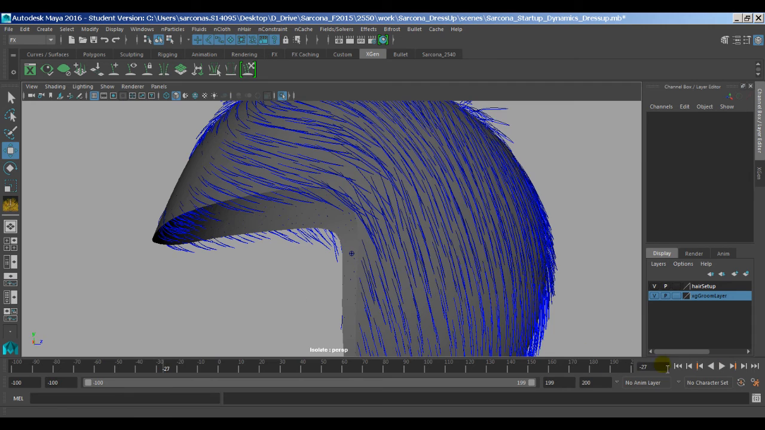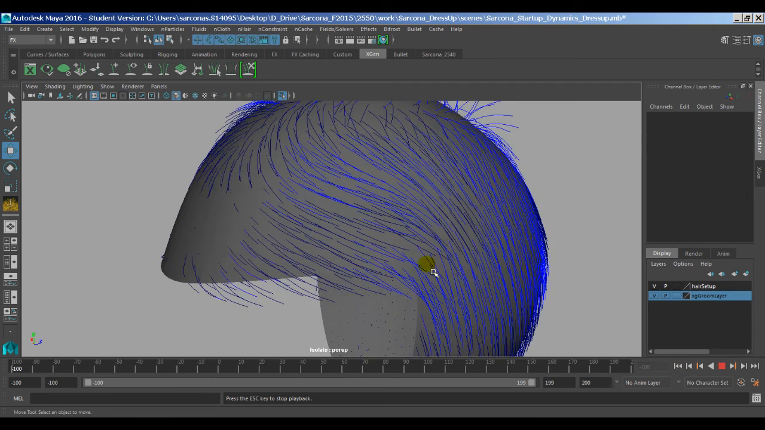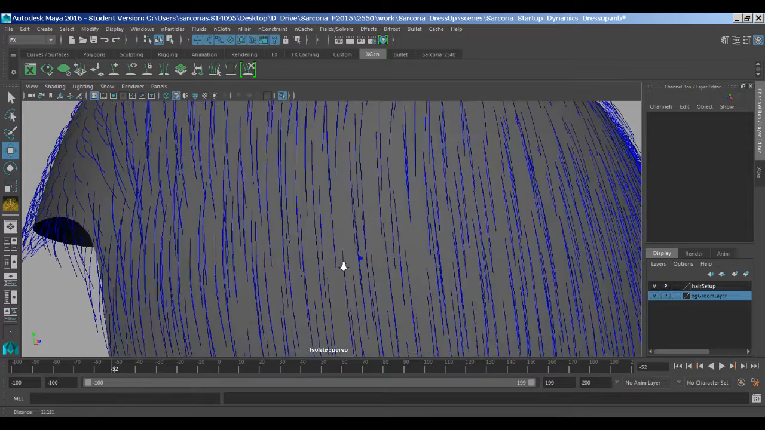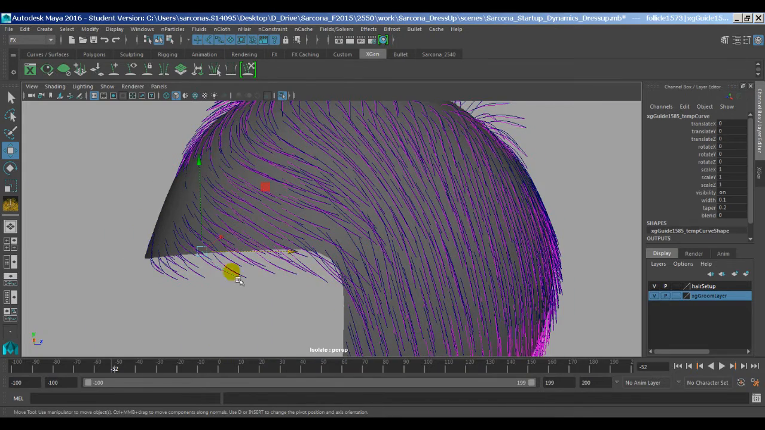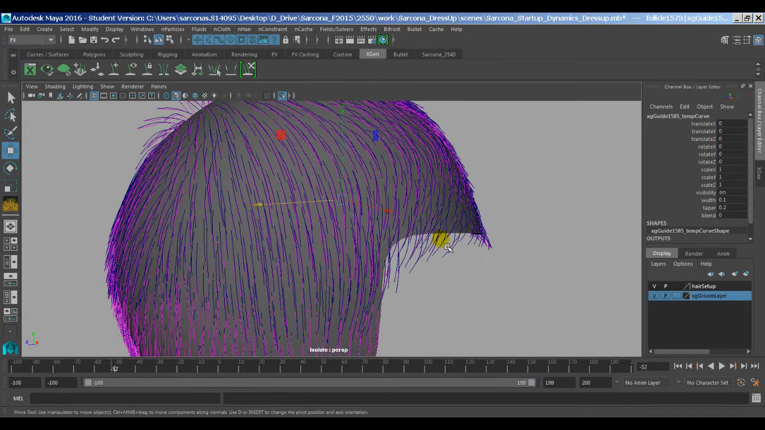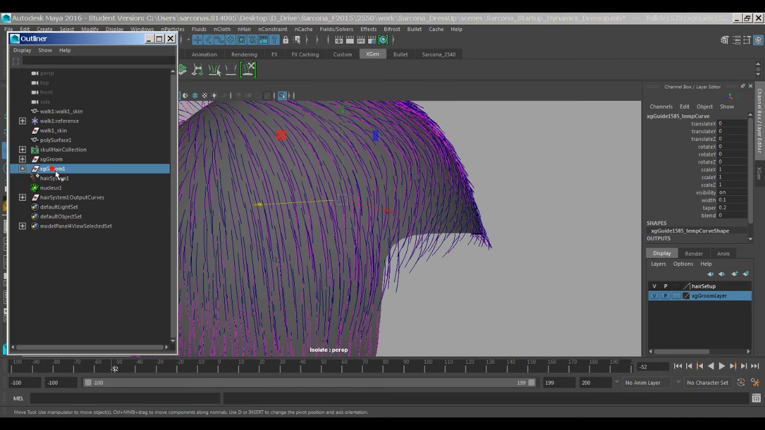So we rewind it. You can see that it's definitely moving. It's slow, but it is definitely moving. So that's pretty much the hair. It's on there. It's dynamic. Now we want to see what it's going to look like when it actually moves with our character. So if I go to my outliner again, and I grab my groom,